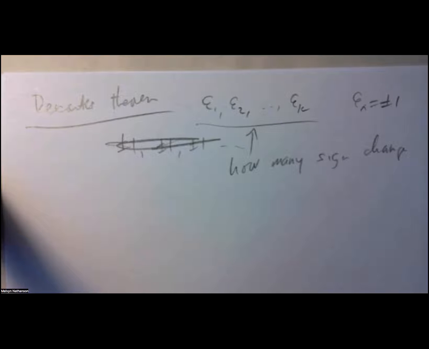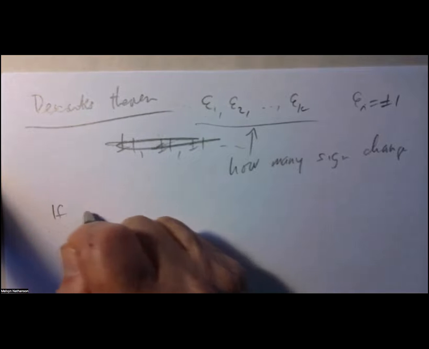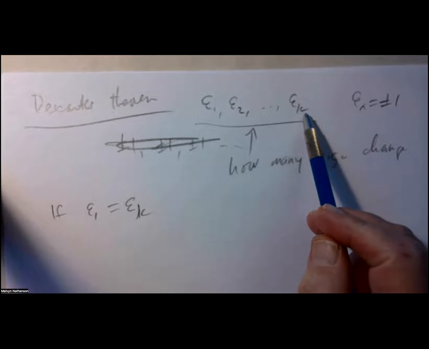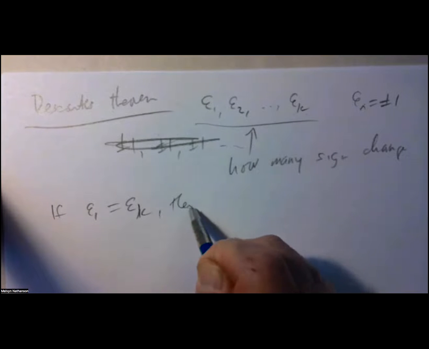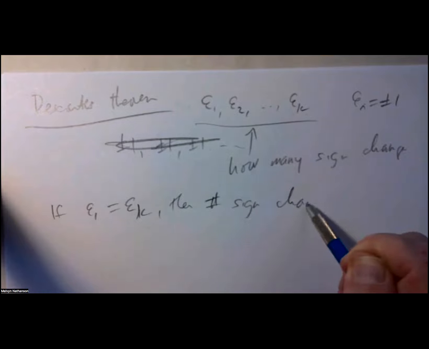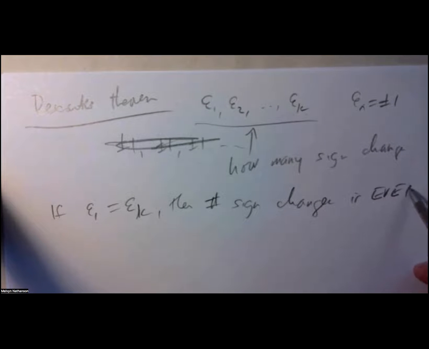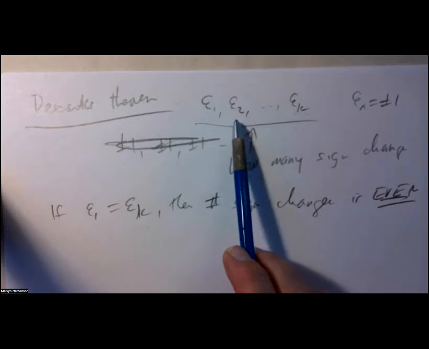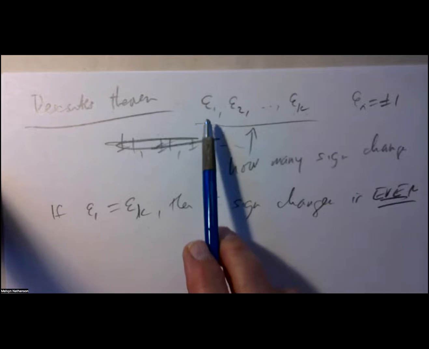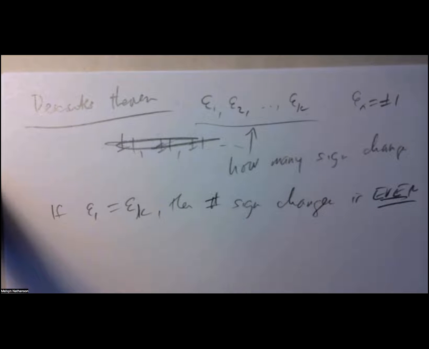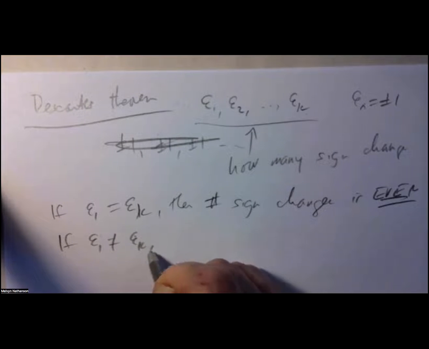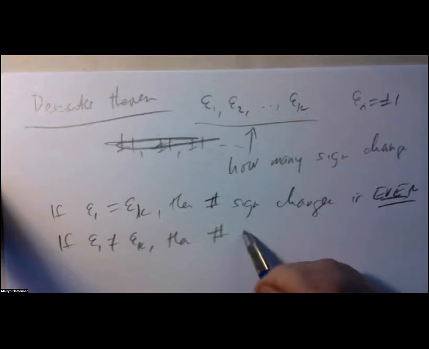Obviously, I can't tell you how many there are because I don't even know what k is. But what I can say is the following. If the starting and end points are the same, if this is a plus and this is a plus, or this is a minus and this is a minus, then the number of sign changes is even. If you go from a plus to a minus, you're going to need another change to end up at a plus again. So if you start and end at the same sign, the number of sign changes is even. If epsilon 1 is not equal to epsilon k, if one is positive and one is negative, then the number of sign changes